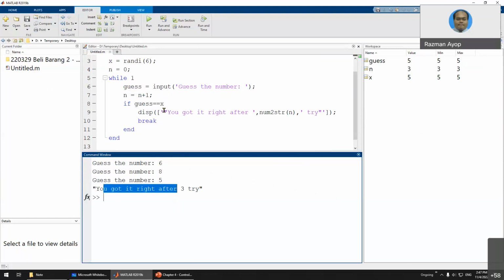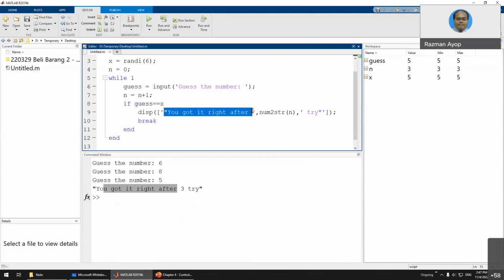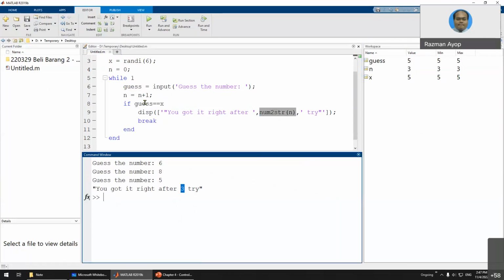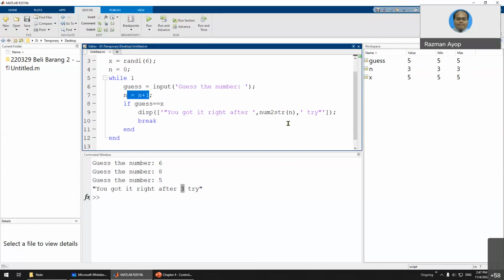Okay, you get it right after this one, and then the space, and it will print the number to string n. Okay, this calculation, and then you continue the text with this. Okay, comma, open bracket, space, and this one. This one is not compulsory. You can delete this one. Okay, if you run this,